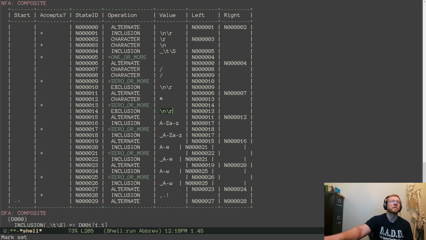They're for, basically here in state 7, we get the first /. Then we expect the second /. And that goes to state 9, where we get 0 or more newline characters. Anything that's not a newline, exclusion. The same thing here. So this must come off of this one, a hash followed by 0 or more things that are not newline characters. Okay. So like I said, the NFA looks right.